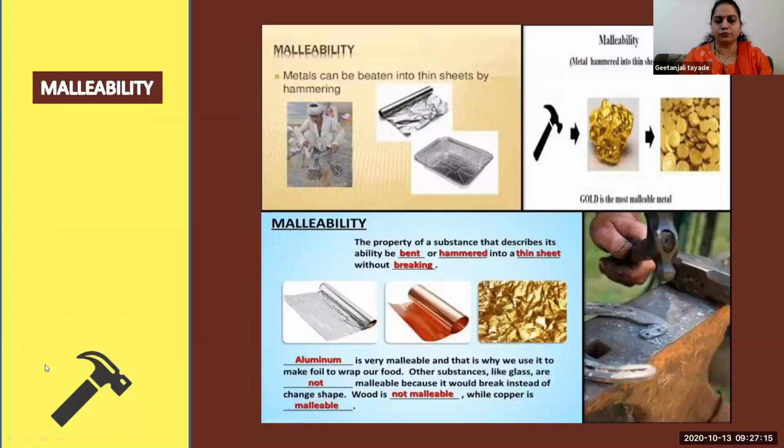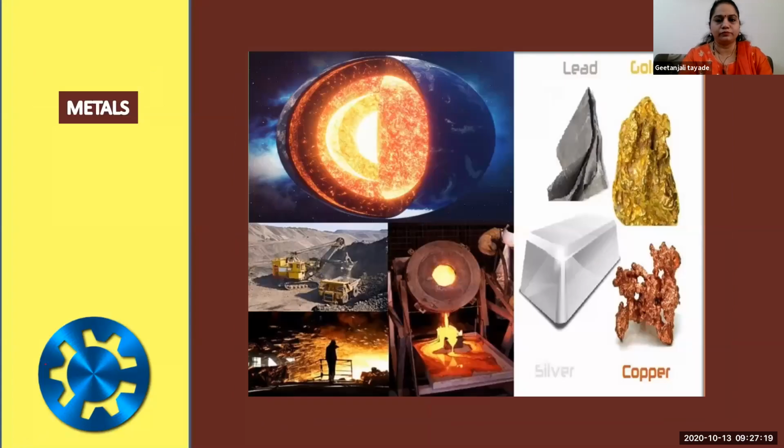Means here they are present. On the interior side of the earth crust, they are present in a mineral form and we need to extract them. See here, they are below the earth crust, in the interior of the earth. So they are present here in a very big rock form.